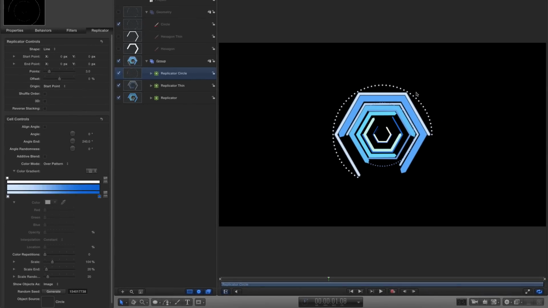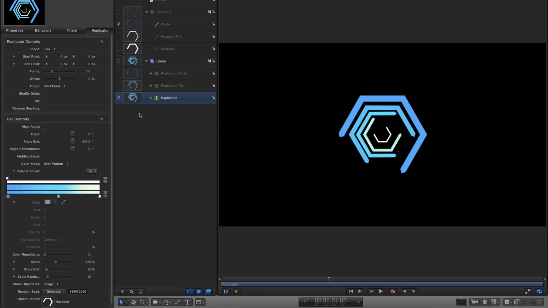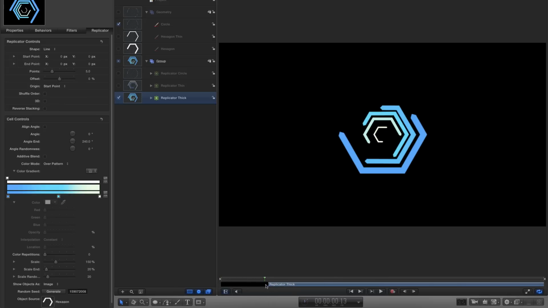Okay, so now what I want to do is I want to offset these in time. So how would I do that? Obviously, we could just think about grabbing one of these and pushing it along, but let me just solo this large layer. Let me call that replicator thick so you understand what I'm saying. Okay, so I've grabbed that, come to the mini timeline, let's move it along. So if we look what happens, the animation of the hexagons writing on is not now timed to the start position of the replicator. So how are we going to fix that?